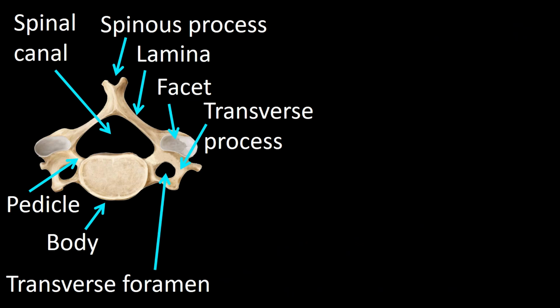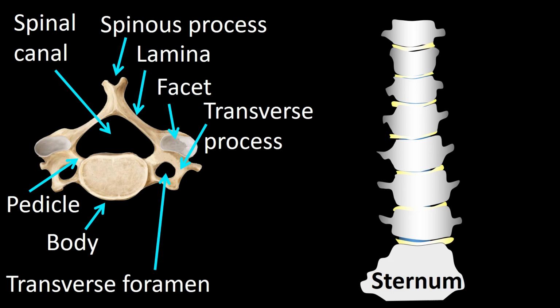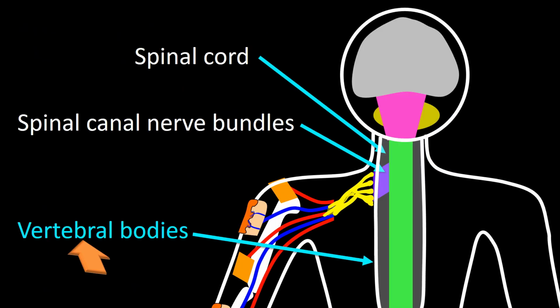The vertebrae stack on top of each other, which I have represented here in an anterior view. Those vertebrae in the neck form the cervical vertebral column, and those in the thorax form the thoracic vertebral column. The vertebrae related to the brachial plexus are C4, C5, C6, C7, and T1. Now that we have talked about the vertebral bodies,